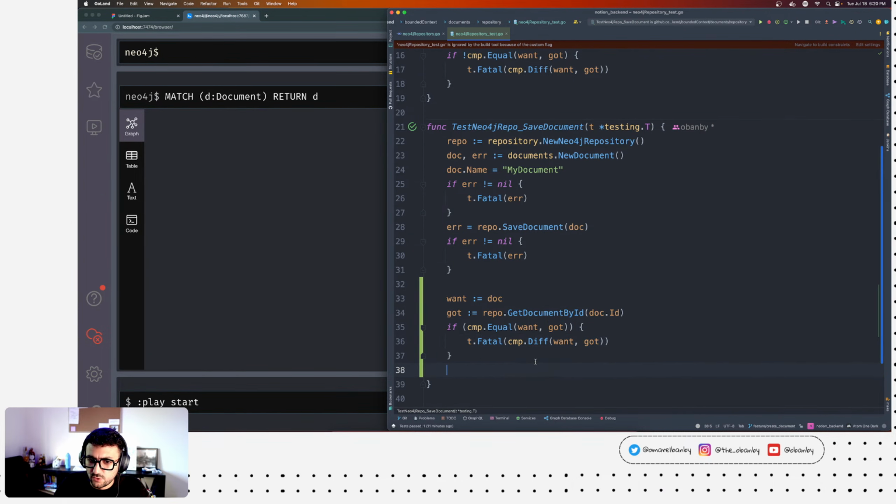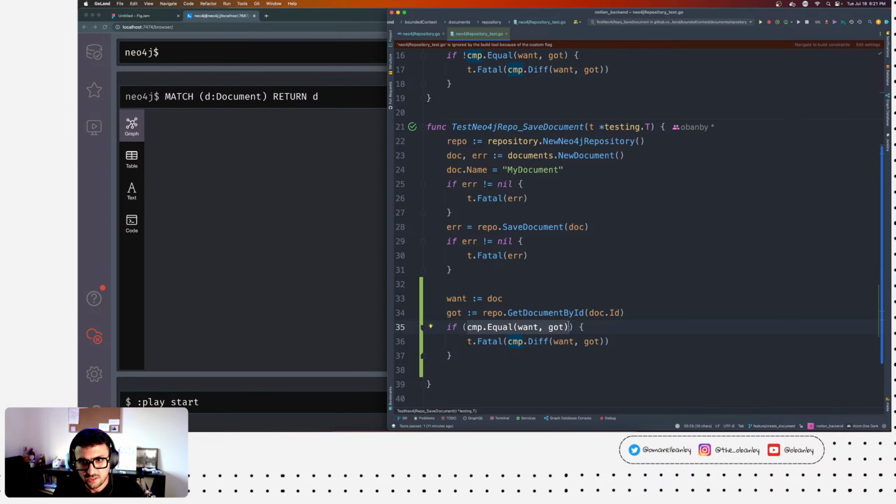So what am I doing here? You want to verify that the document that you saved is actually saved. So we're saying, okay, I'm gonna save it, then try to go get it from the database, and if both of them match, if the one that I got from the database is the same as the one I saved, then I successfully saved it. If not, then something has gone wrong.